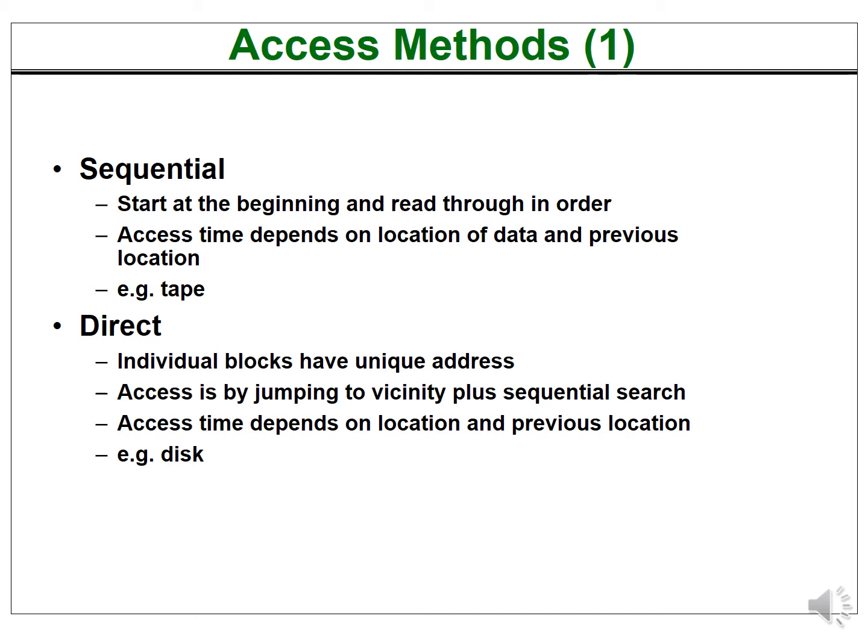If you remember, I don't know how many of you would have used it, the audio cassettes of the yesteryears. When you play an audio cassette, you have to go through song number 1, then song number 2, then song number 3, and so on. Even if you are pressing the fast forward or reverse button, what you are actually doing is moving the tape in front of the head, but at a high rate. So that is essentially a sequential device.